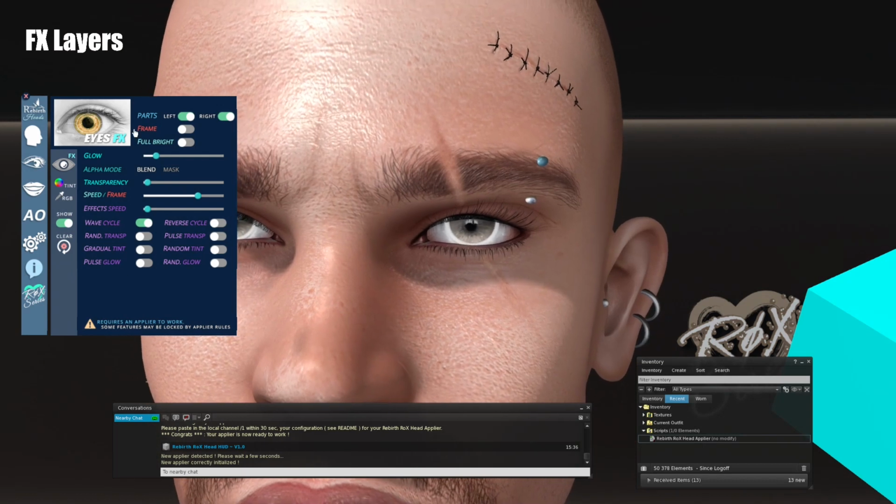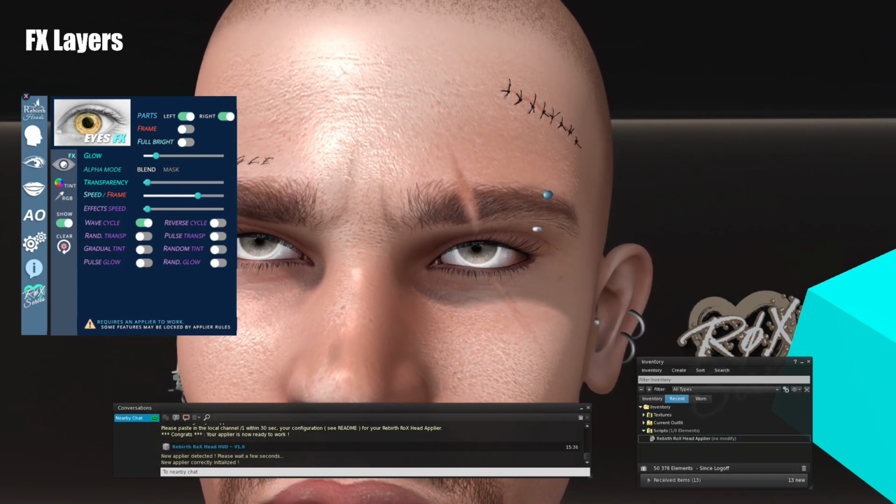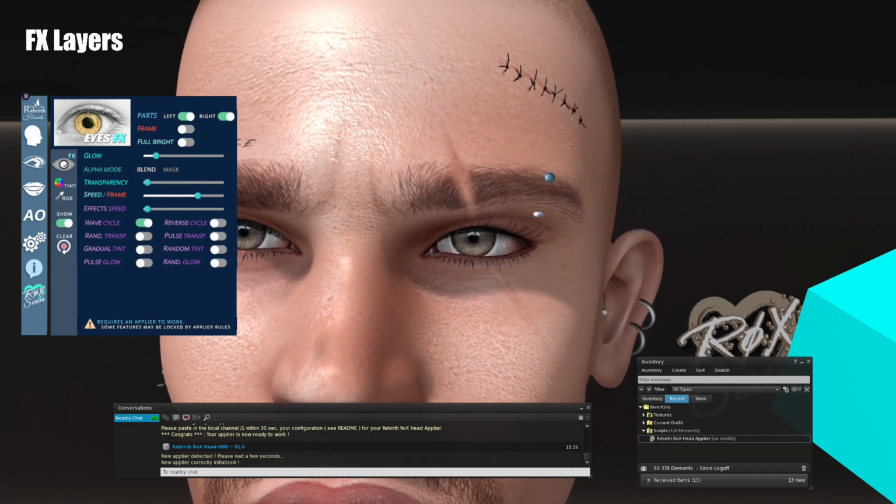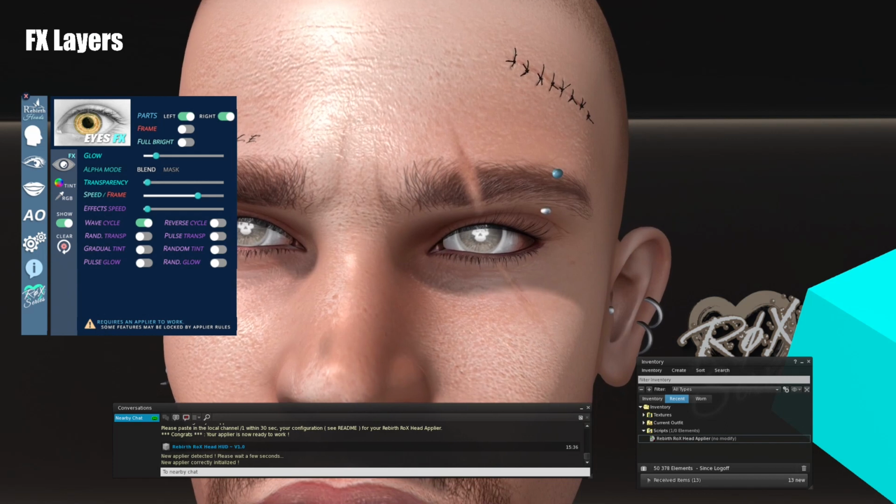So here again I don't go into the user setting options because they are explained in a second part of the tutorial with much more details, tips and tricks and everything you need to know to easily make your applier.